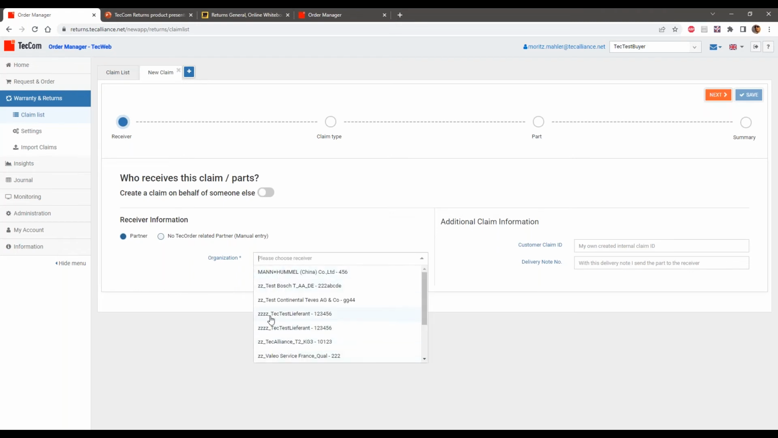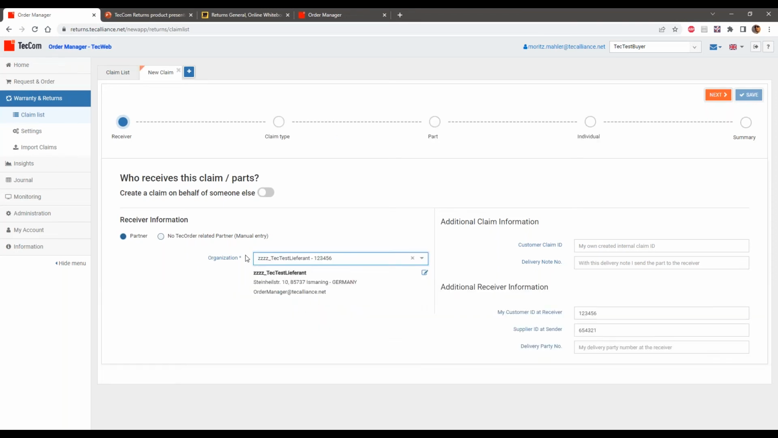In this case, I will create a claim towards TecTestLieferant, which means if he is in this list, he has a business relation to me, which means he will also be able to receive this claim in the order manager. But